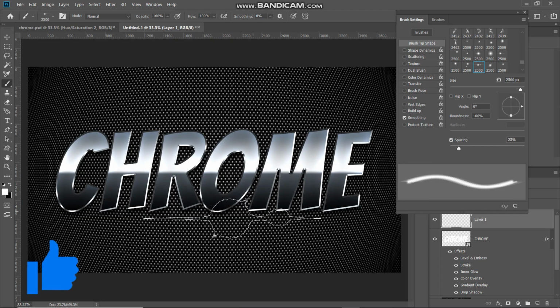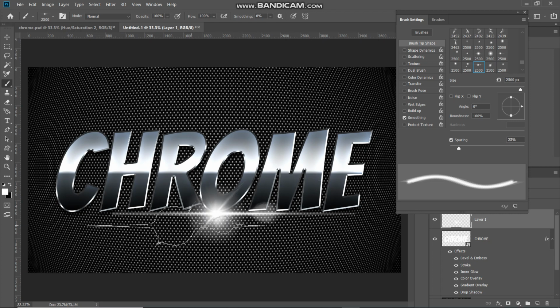So once you are done with all the settings, then using the brush tool, you need to click on the document where you want to add some shine. So let me just do that. So as you can see, as you click on that document, it adds a nice shine onto it. So this way, using different kinds of lens flare brush, you need to fill up the text where you want to add some shine. So let me just do that.